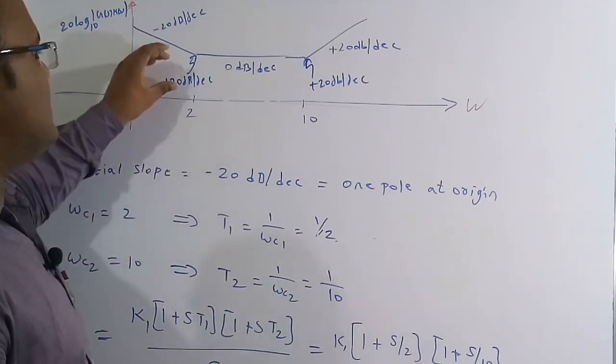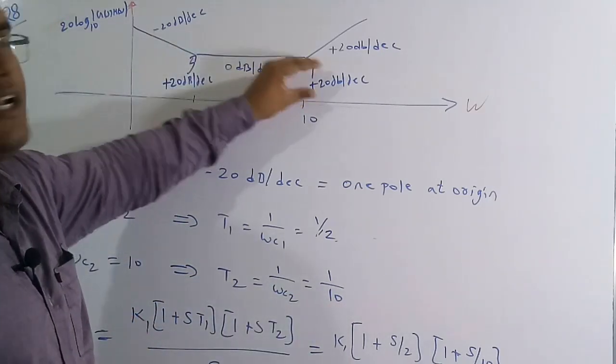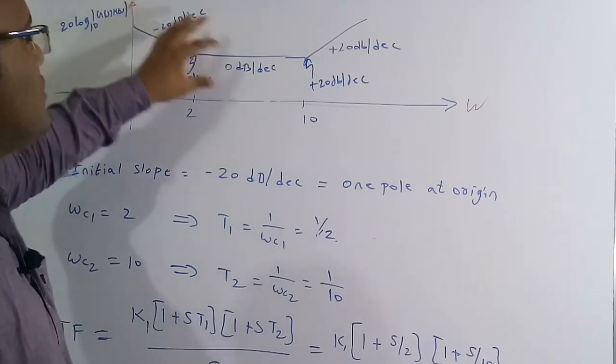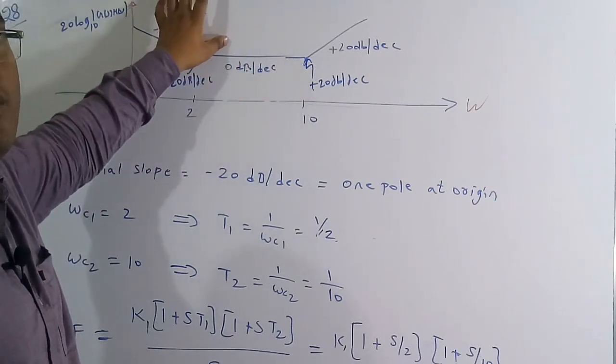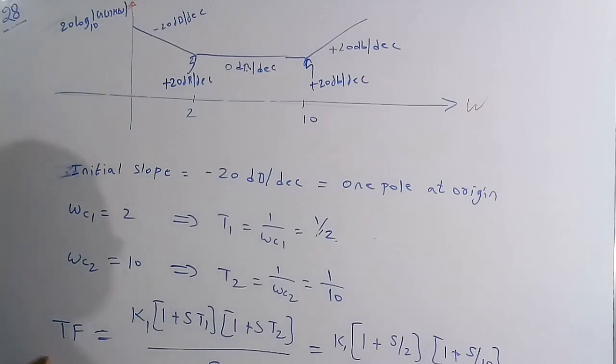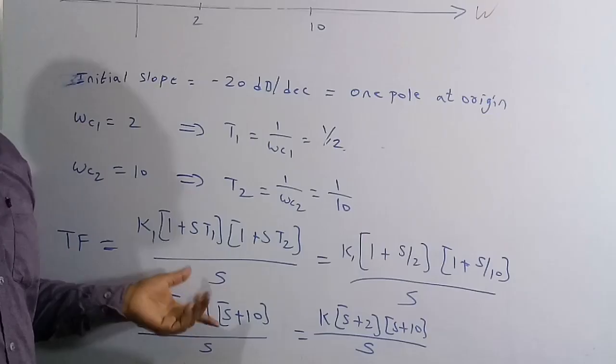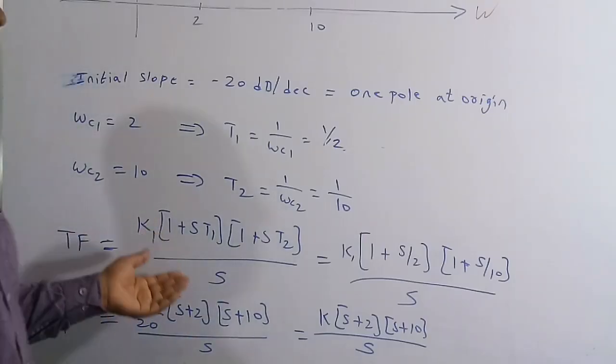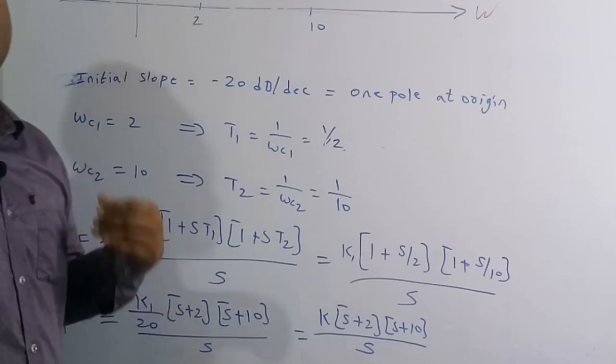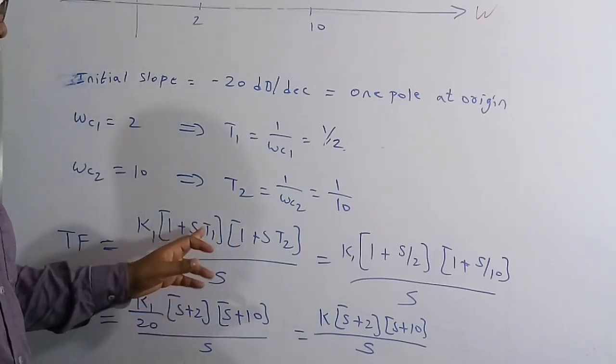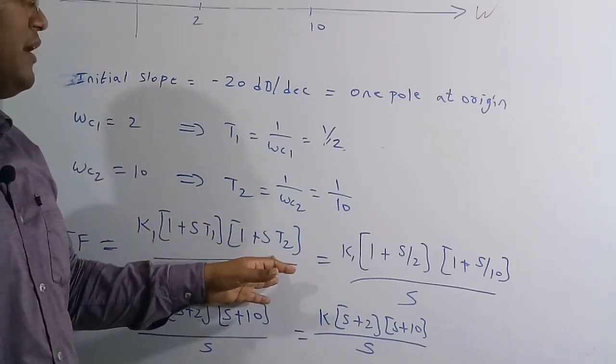And also here there are two zeros and one pole at origin. So therefore the transfer function G of s H of s is equal to one pole, by, there is a 0. So here T1, T2, this is a standard form of writing in terms of the time constant. This is a standard time constant form of the equation. So now replace T1 by 1 by 2 and T2 by 1 by 10.